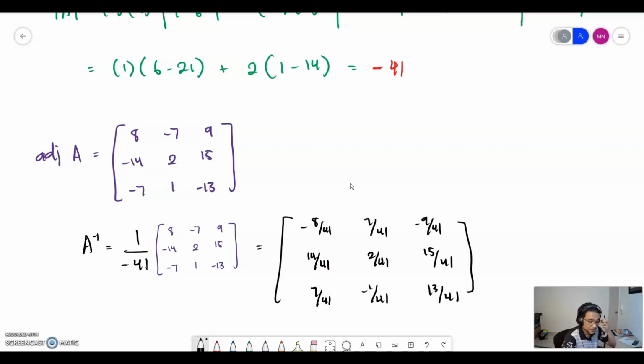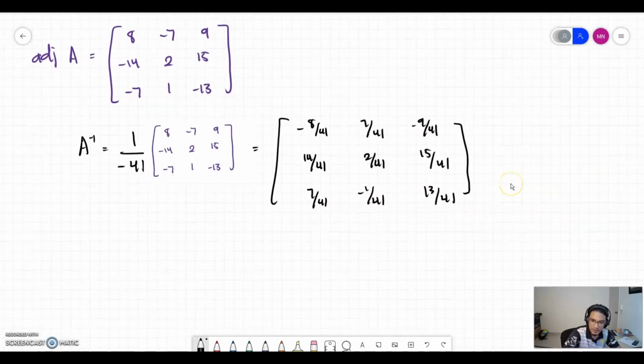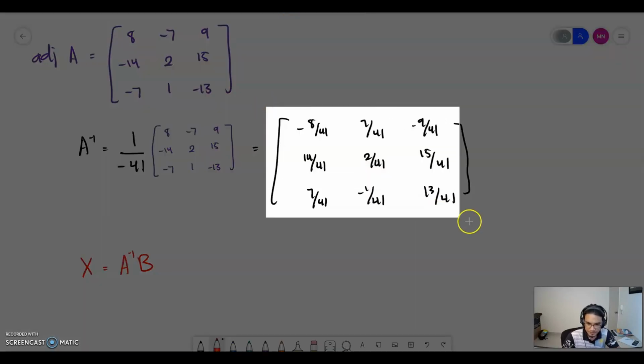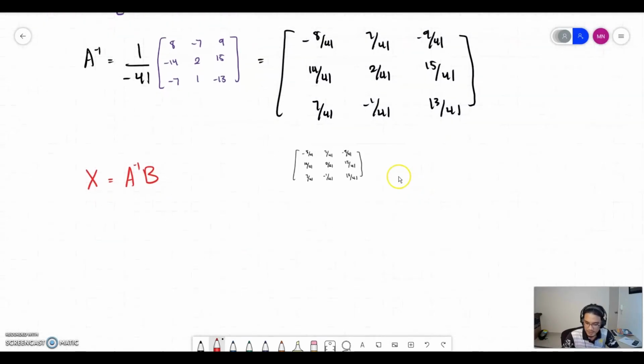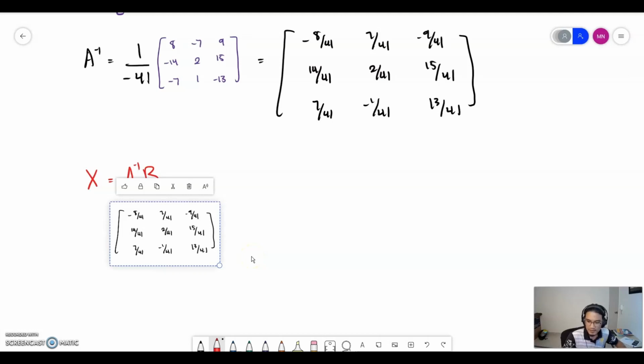But we have not yet finished our question here because the question wants us to solve for the value of the unknown in the linear equation, which is the x, y, and z. So in order to do that, we take matrix X, A inverse multiplied with matrix B. So that will give us A inverse multiplied with matrix B and will be equal to